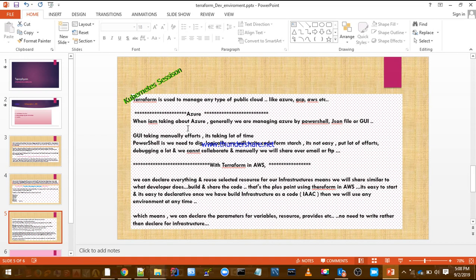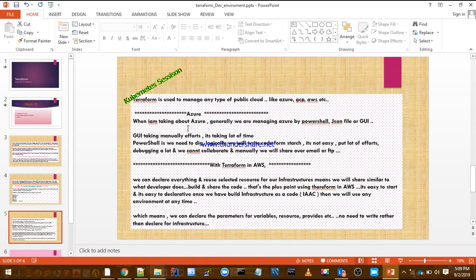We are not familiar with PowerShell, so we need to dig in and enhance our knowledge. We need to think logically and take decisions, and troubleshoot if any issue arises. Good troubleshooting and debugging knowledge is required for PowerShell.